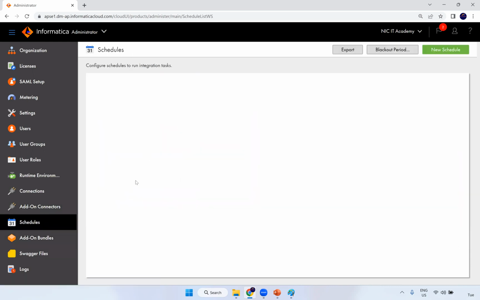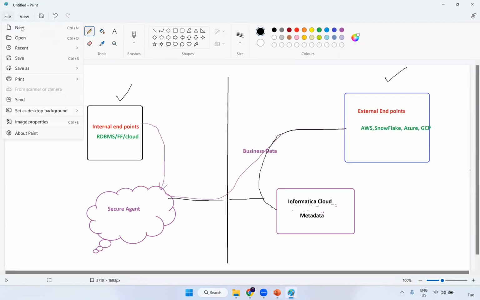Schedules you can create. The Swagger files and bundles are all about APIs, so the APIs will have this. I will explain this later. But yeah, this is the one. And what we are going to do, we are going to have this particular